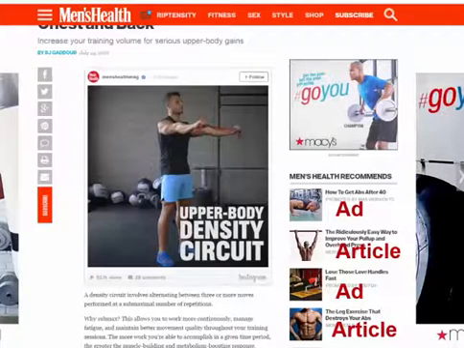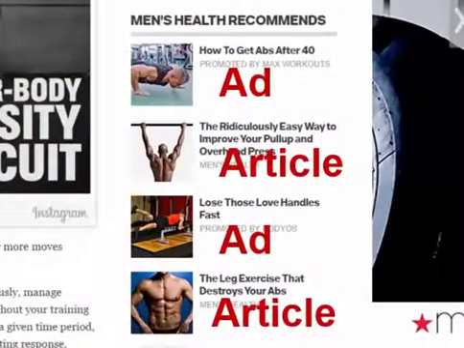Here's an example on Men's Health magazine. These native ads over here are pretty sneaky. They actually alternate between native ad, real article, native ad, and real article. And the native ads are even on